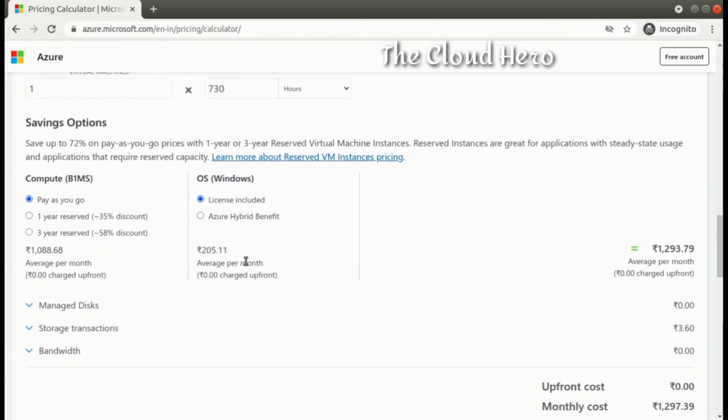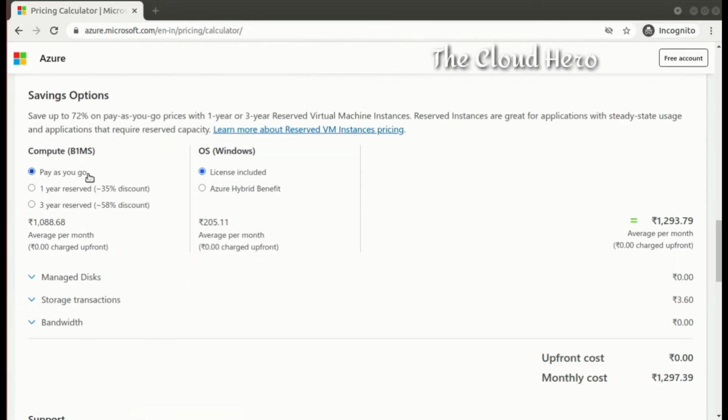Let's jump on the saving options, one of the fantastic options available to us from the Microsoft end. Currently I have calculated this cost through pay as you go, paying for what we are using. Suppose I'm using a particular virtual machine for 1 hour, I'm responsible to pay the amount for 1 hour only. And the second and third options are the most important and fantastic options.